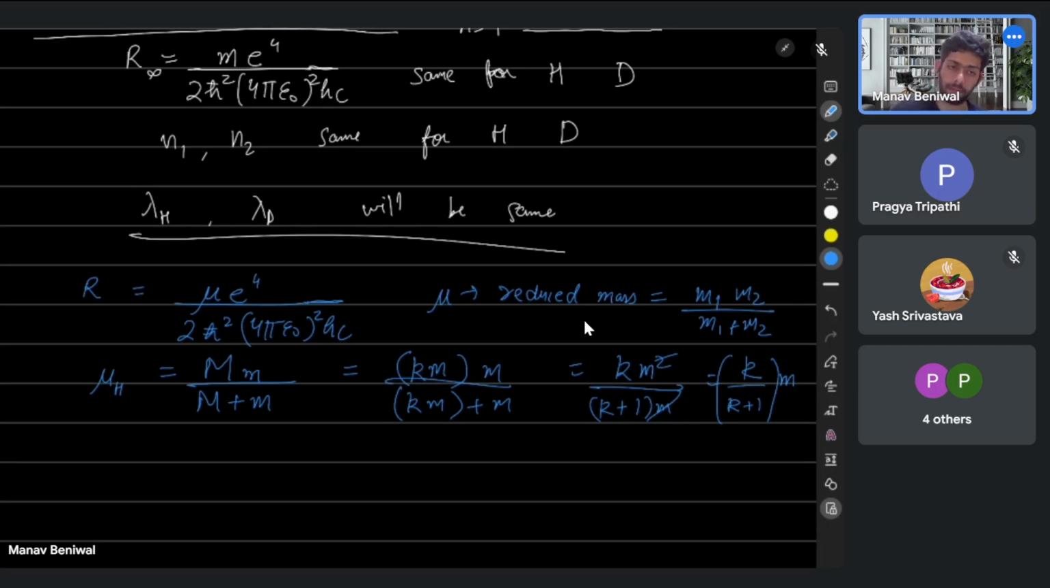Correct? Okay. Now we are doing this so that we can write our Rydberg constant like this. So it will be k over k plus 1 times m e to the power 4 upon 2 h cut squared, 4 pi epsilon naught squared, hc. Now if you look at this term,